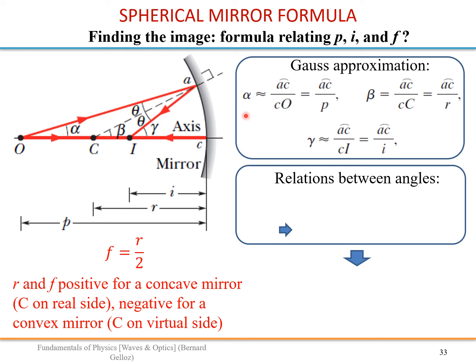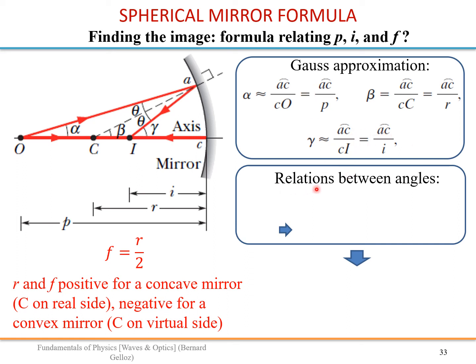Okay, so now here we have P and I, R also, but we have unknowns. We have alpha, beta, gamma that we do not know, and AC also that we do not know. So that's 4 unknowns, and these are 3 equations, so we need 2 more. No, 1 more. We need 1 more equation to solve this problem.